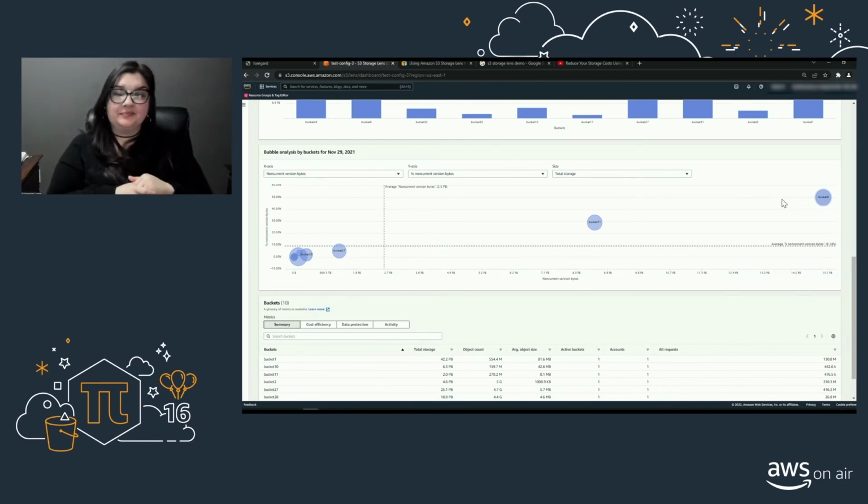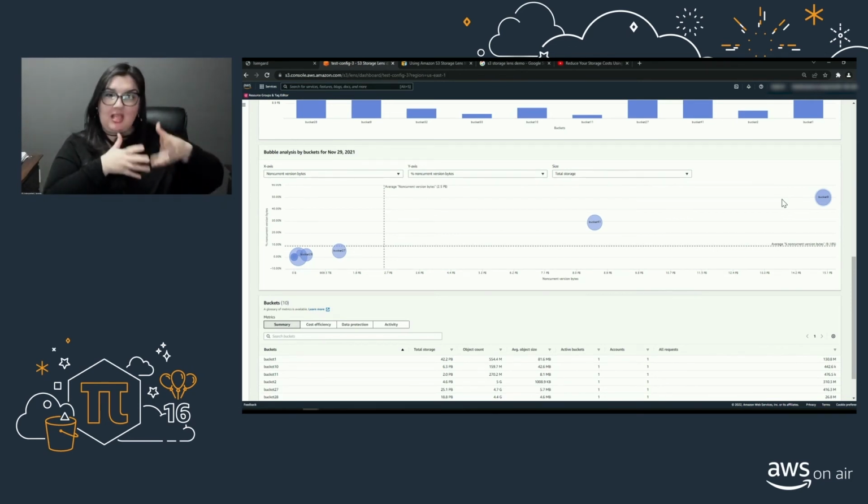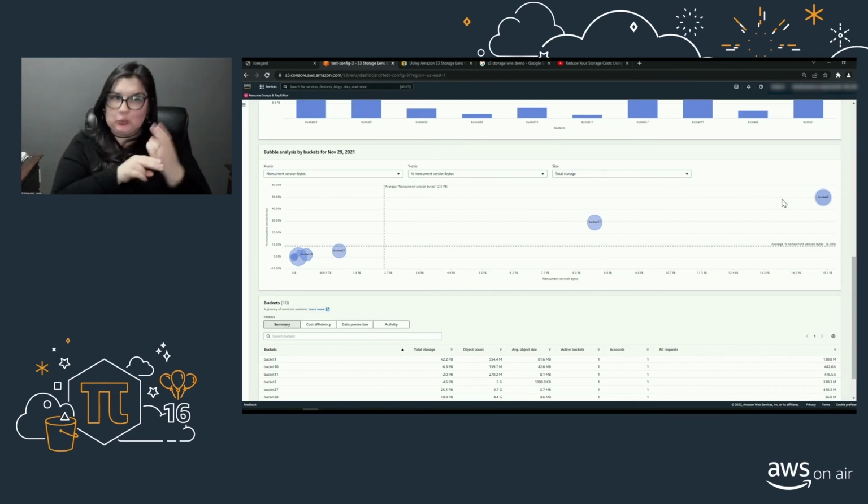For our next use case, I would like to talk about how we can identify buckets with incomplete MPUs and clean them up. The multi-part upload feature enables you to upload very large objects up to 5 terabytes as a set of parts to improve throughput and quicker recovery from network issues. In cases where the multi-part upload process doesn't finish, the incomplete parts remain in the bucket in an unusable state and incur storage cost until the upload process is finished or until the incomplete parts are removed.